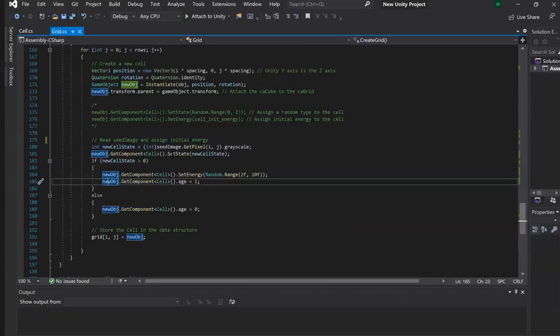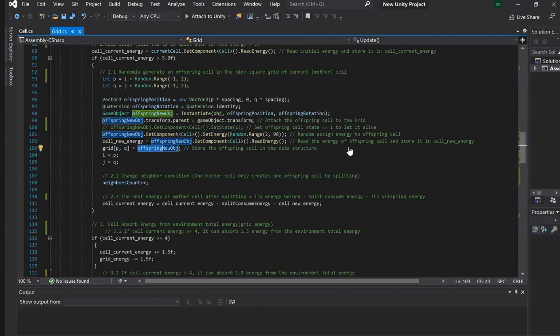Well, I would have said, so how I would change your code. I wouldn't need neither the vector, neither the quaternion, because I know where the cell is. It exists already. Yeah. Right? Yeah. So I can delete that and I can say, okay, the offspring new object,